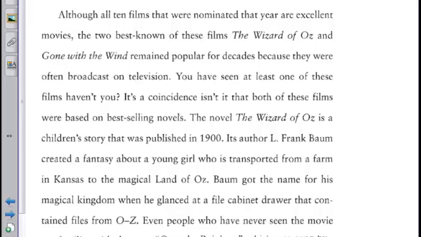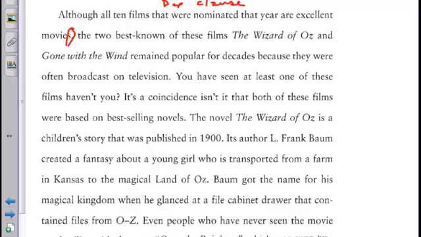Okay, moving on to the next paragraph. Although all 10 films that were nominated that year are excellent movies, notice we already have a comma there. This dependent clause is introducing the main sentence that starts with the 2 best known of these films. Here we have the 2 best known of these films, The Wizard of Oz and Gone with the Wind, remain